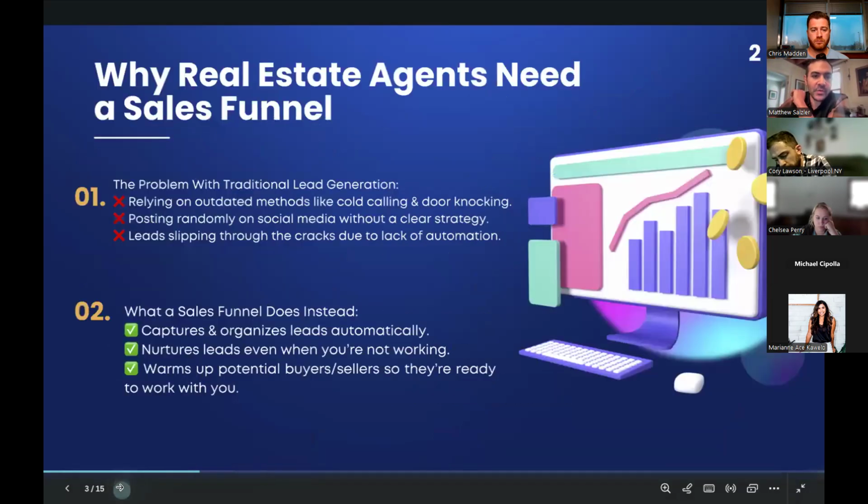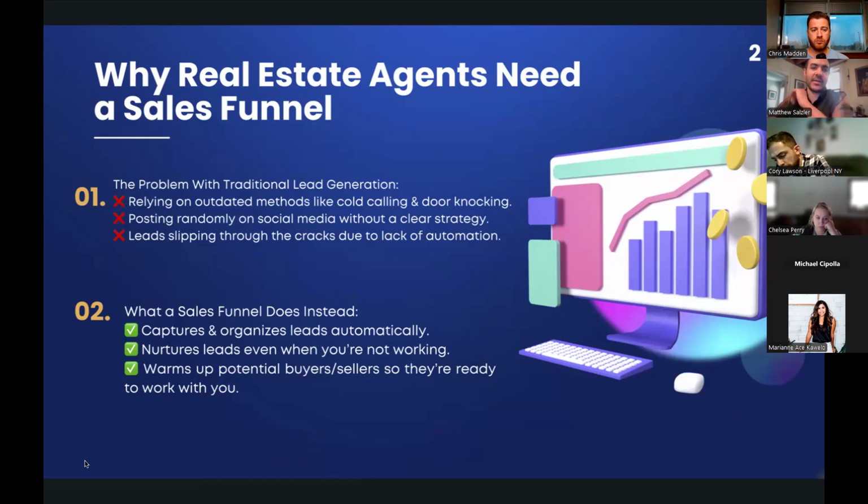So this is a breakdown of why you should do this. Traditional methods are everything like cold calling. You're going to spend more hours doing that, like door knocking. Like traditional businesses, sometimes literally it's going door to door. There's VA door knocking too now, so having a virtual assistant that can do stuff. Chris actually has some of that going on in the back end of his stuff. But sometimes there's a lot of hours allocated to that with little results. Same thing, posting random content without a clear strategy is sometimes